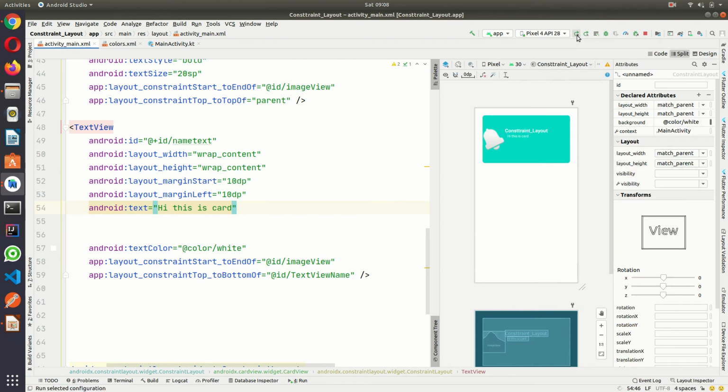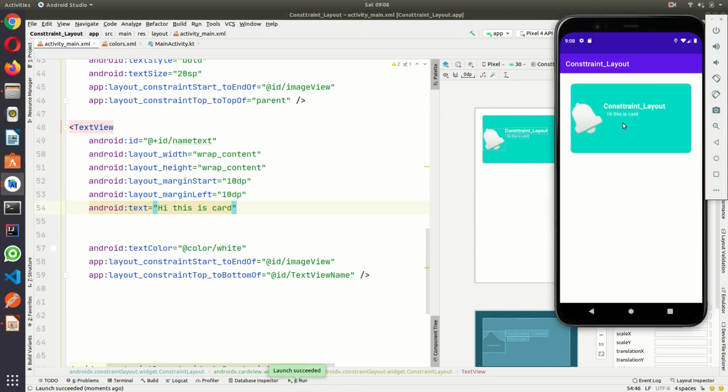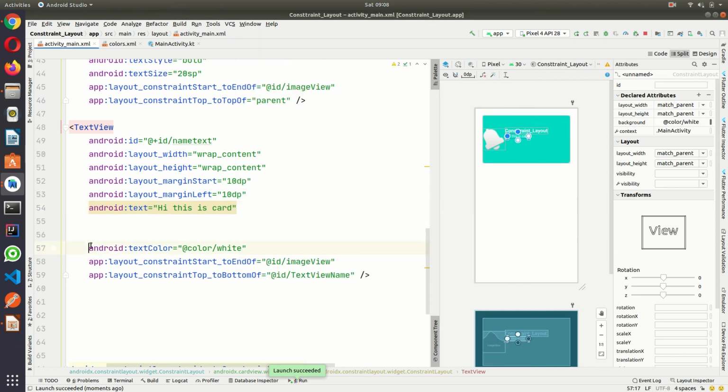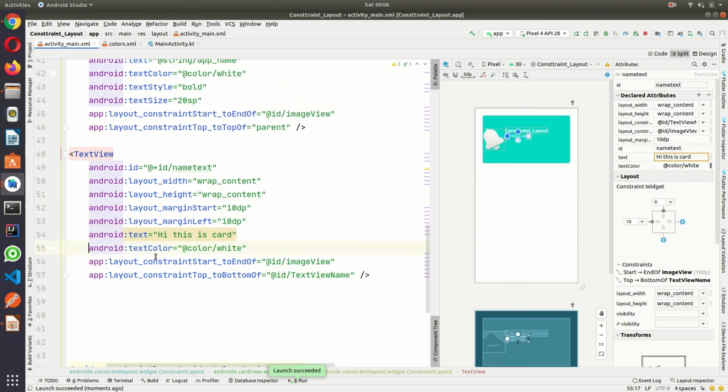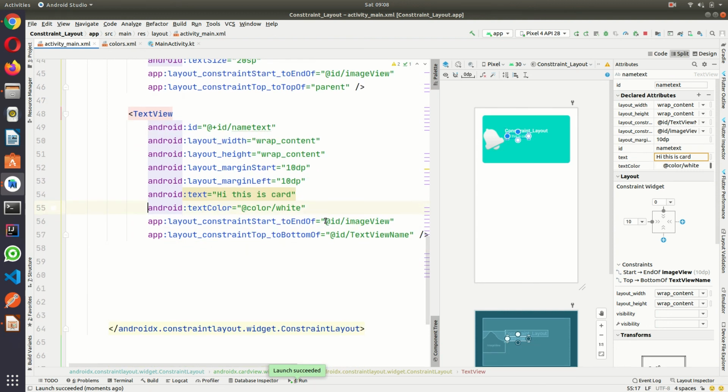And let me run. So you can see here it's perfect. If you are going to use another thing, suppose you are making more text here, you can use that. Okay, so this is how constraint layout needs to work.